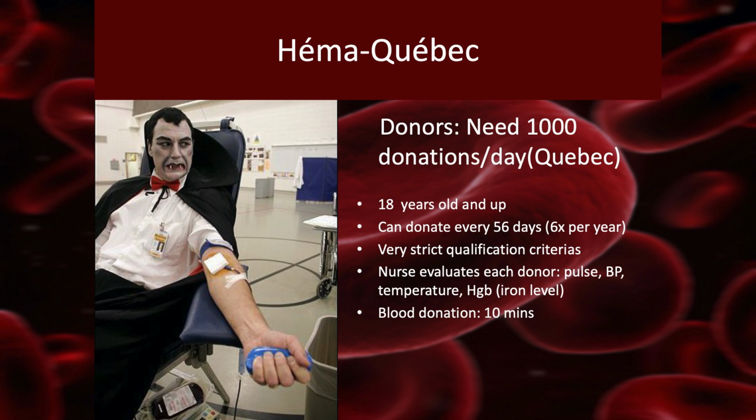So every day in Quebec, Héma-Québec, which is our supplier, needs 1,000 donations per day. A donor must be 18 years of age and older and can donate every 56 days. For donation, there's very strict criteria set by Héma-Québec. And at donation, there's an evaluation done by a nurse